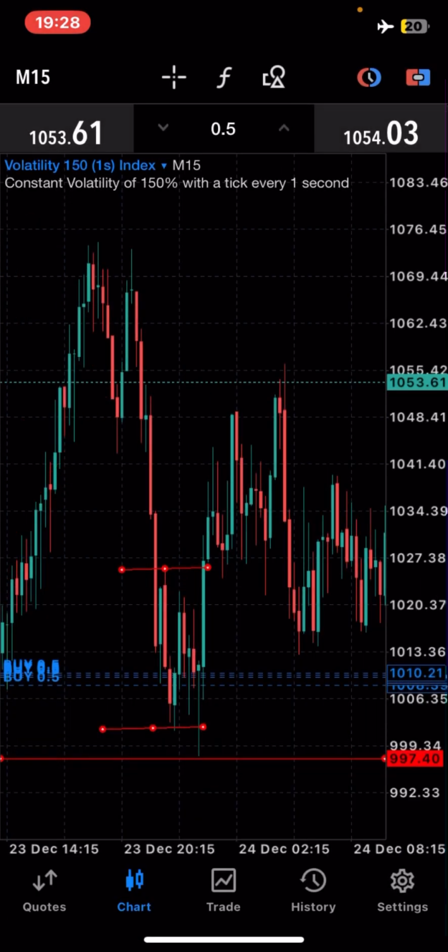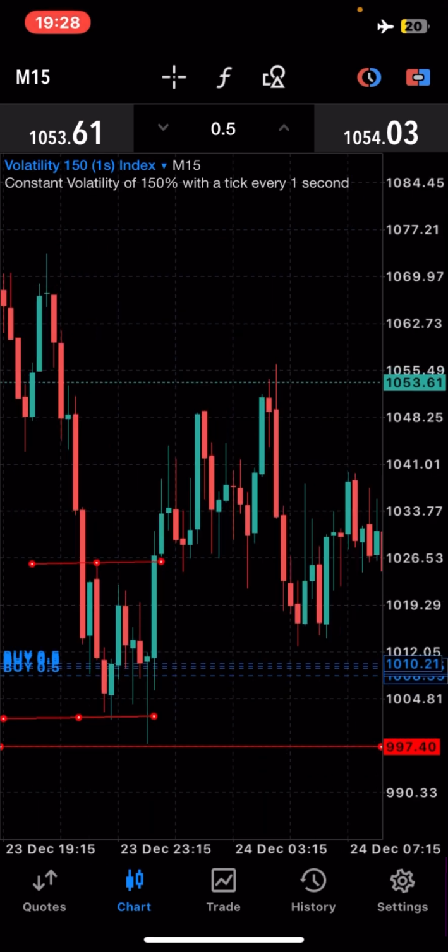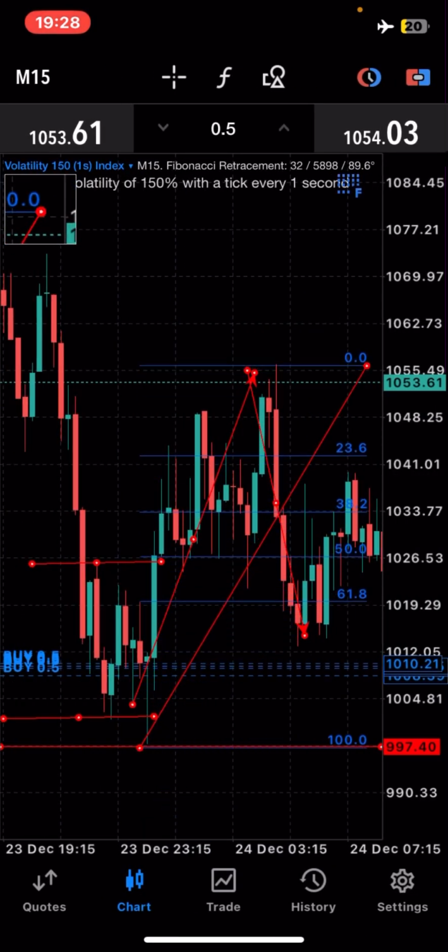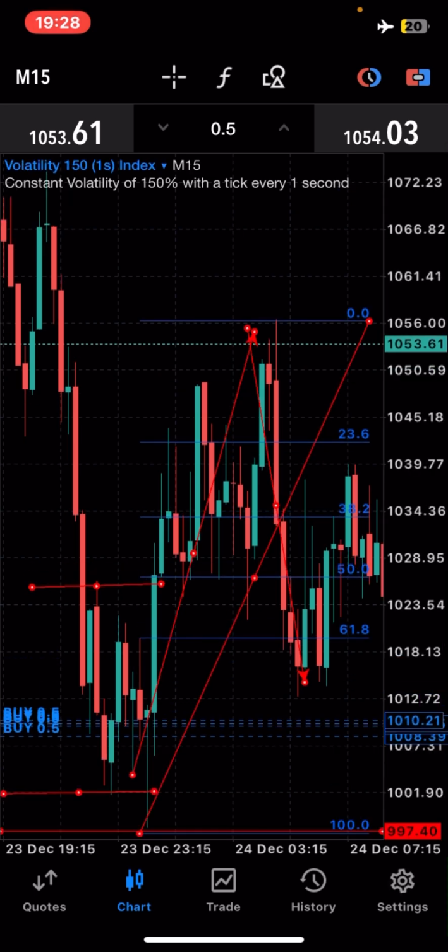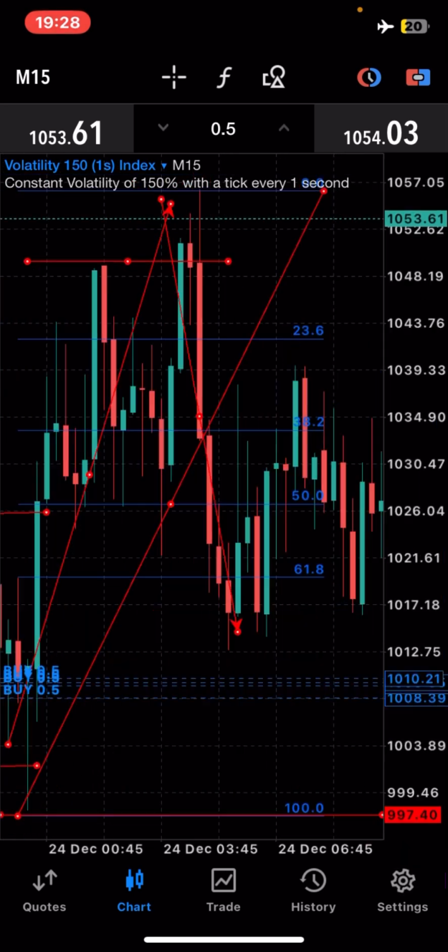We are waiting for price to create what we call structural liquidity. How is structural liquidity created? Structural liquidity is created when price gets into our Fibonacci zone. You pull out your Fibonacci tool and we're expecting price to get into our 50% or more zone after it's broken structure, right? As you guys can see, it just kept breaking structure and then it got into our 50% or more zone. That's this area right over here,